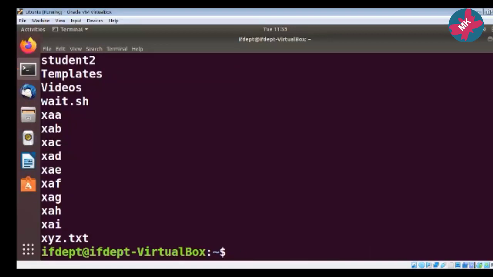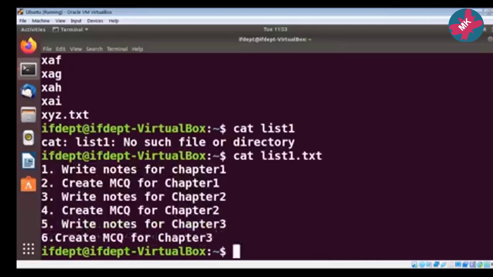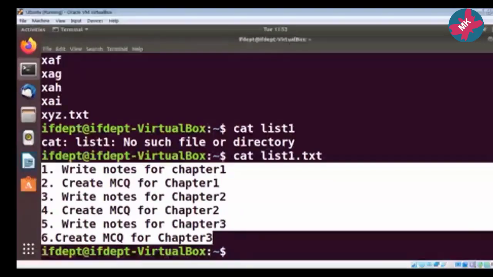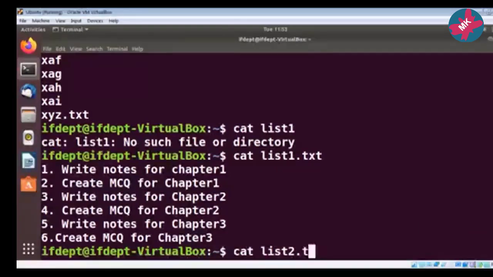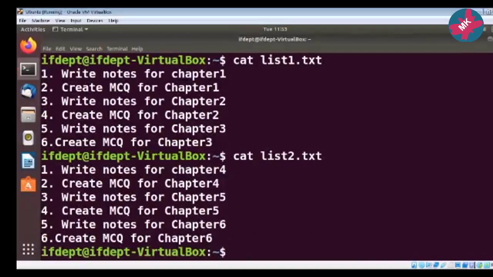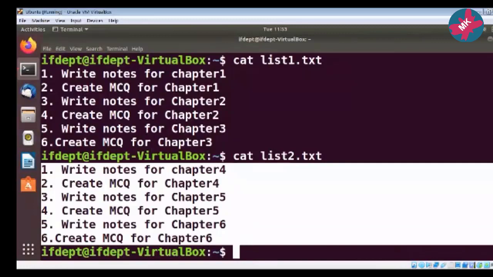I have also shown you one more redirection operator, the double symbol. So let us see the use of this. Suppose I am having cat list1.txt. Here suppose I have created the first list. Okay, this is my usual list. I already created this; I am showing you the contents. And here the second is there, that is, suppose the second list.